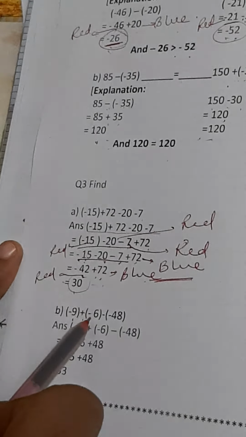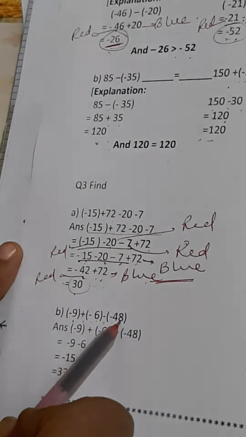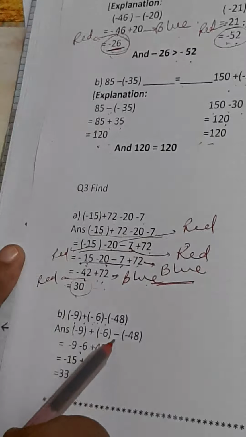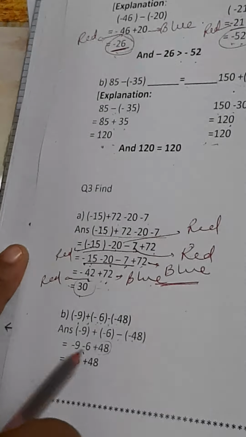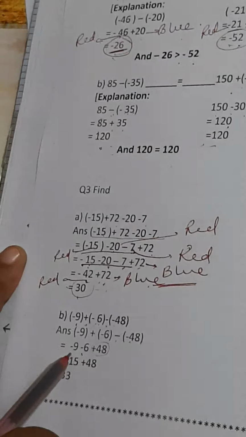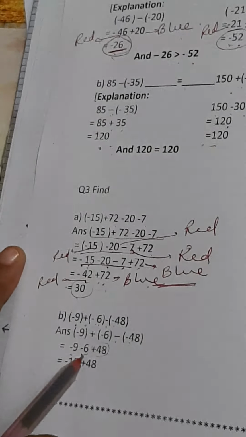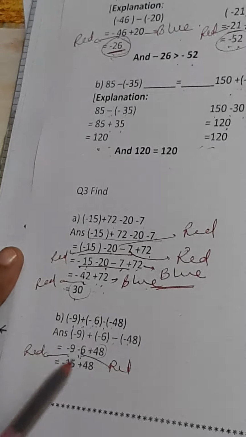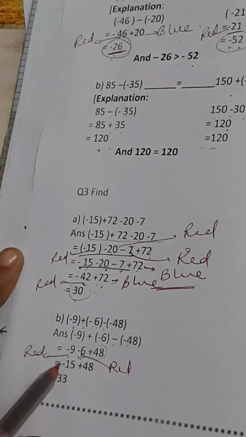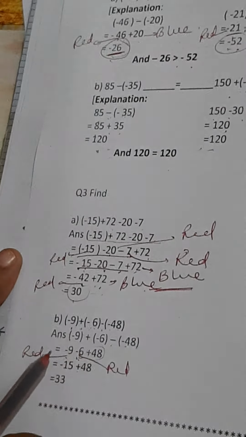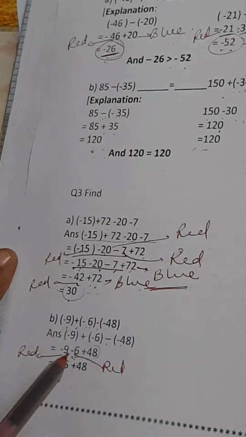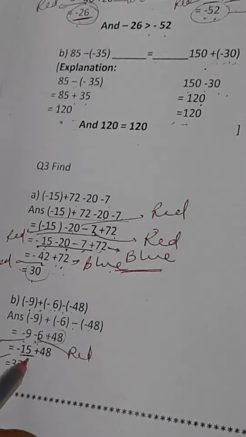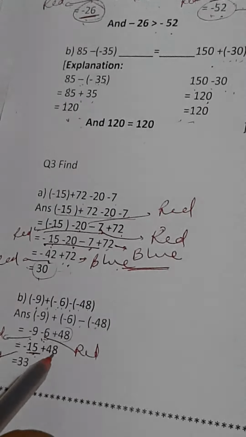-9 plus -6 minus of -48. When I say plus minus, it becomes minus. And when I say minus of minus, it becomes plus. तो यहाँ शिफ्टिंग की ज़रूरत नहीं है क्योंकि -9 और -6 ये दोनों ही सेम कलर के हुए, ये भी रेड और ये भी रेड है, तो दोनों पास पास ही है, इनको कुछ करने की ज़रूरत नहीं है. And because -9 and -6 both are red color, so we will be adding them. And when we add them, we will again get red color. और red का मतलब होता है minus. So I got -15 and +48.